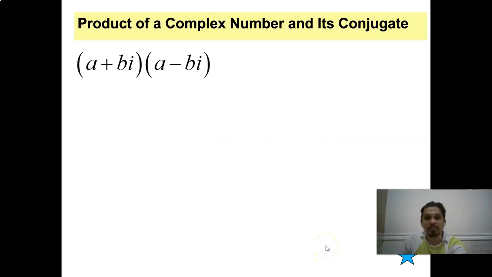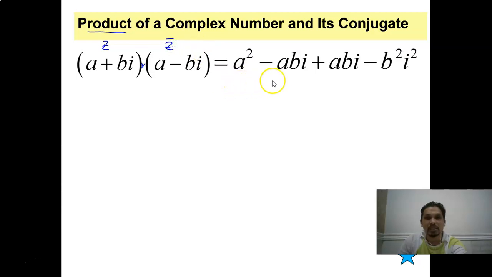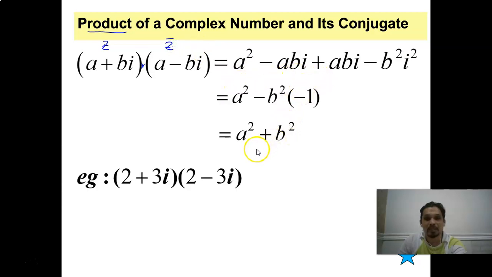Product of a complex number and its conjugate. Product means multiplication between, recall, the Z and the Z bar. We call the complex number Z and its conjugate. It will give you one value without any i left. There is no i left, which means there is a real number here. Okay, for example here,